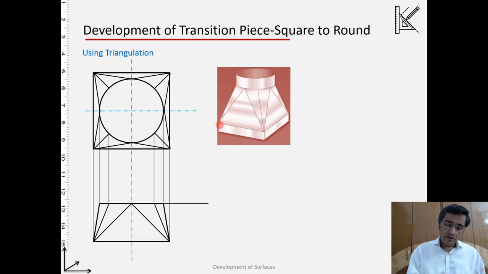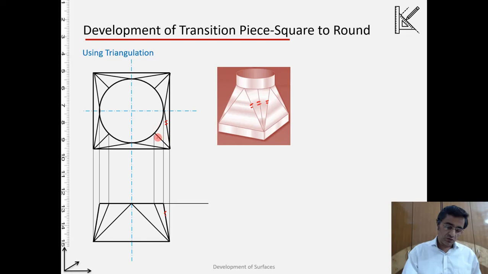Development will be a plane triangle connected to a conical piece, connected to another conical piece. All these we are putting onto a horizontal plane. But to do that, I need the true length of this, true length of this, true length of this, and so on. But right now, from the projection which is available to me, I do not know the true length. So I would like to first determine the true length of this, because right now the true length of this is neither there in the horizontal projection nor in the frontal projection.